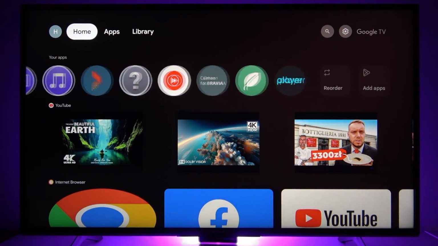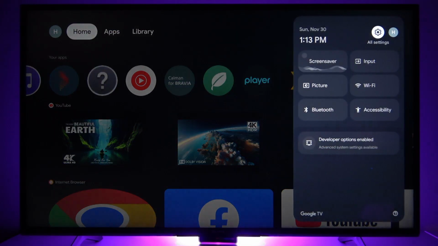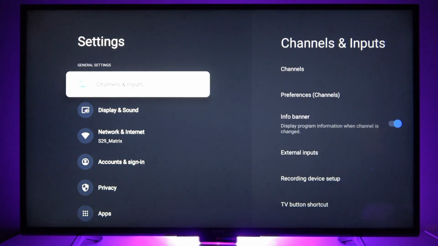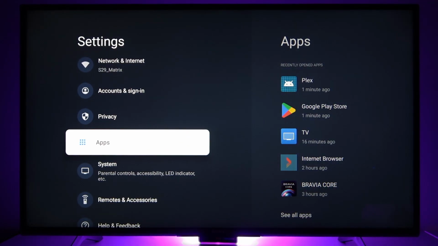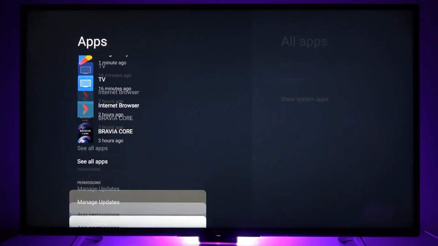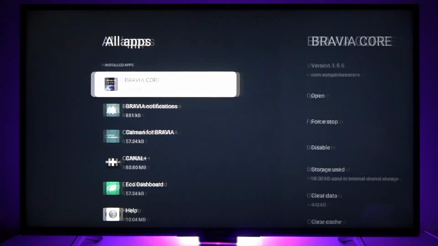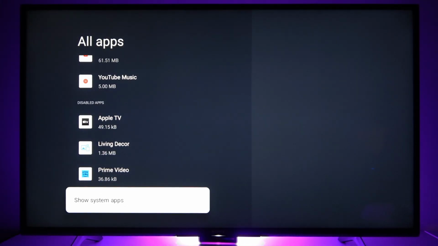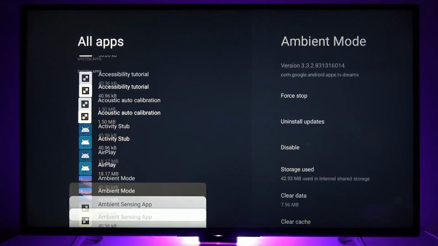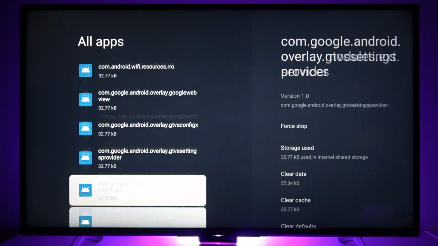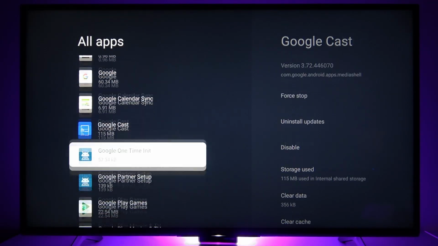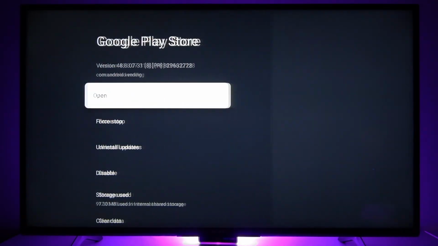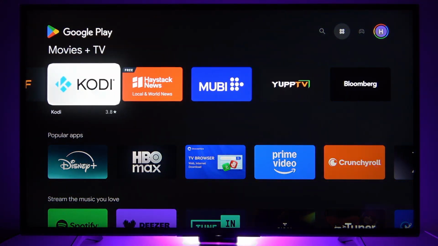If you're interested in how to do this, open the settings menu, then go to all settings, navigate to the apps menu in settings, then in apps select see all apps, and then navigate to show system apps, which is at the very bottom of the list. And in system apps, scroll down to the G letter. Okay, and here we're gonna find the Google Play Store,